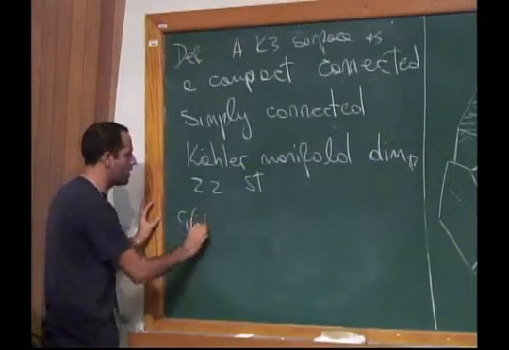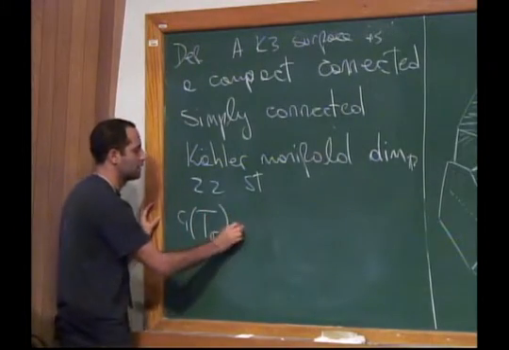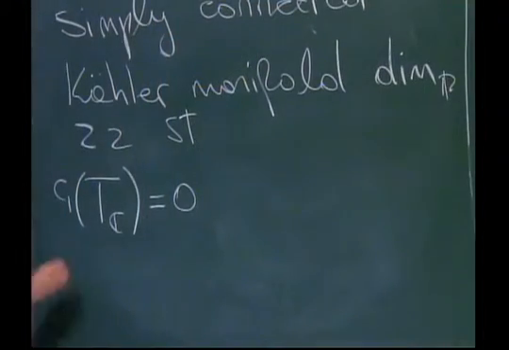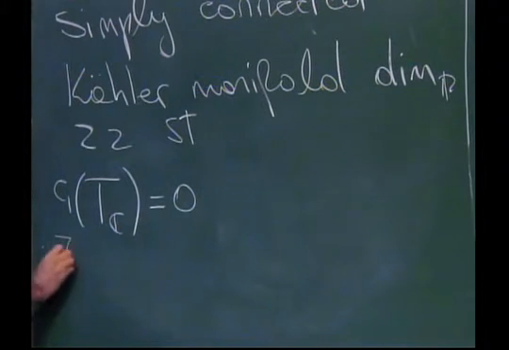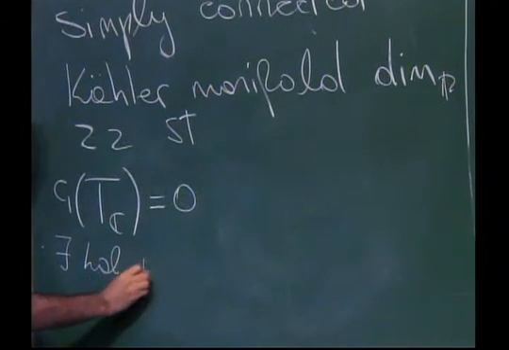Either c1 of the complex tangent bundle is 0, or there exists a holomorphic volume form,